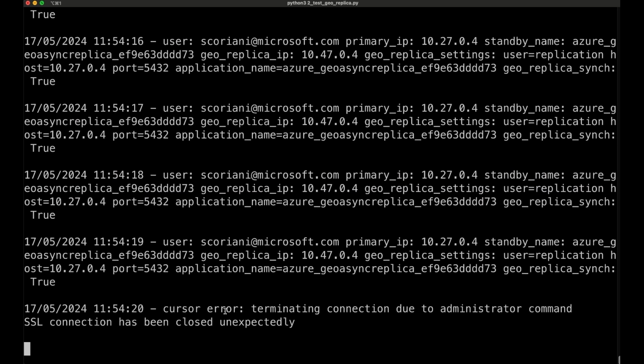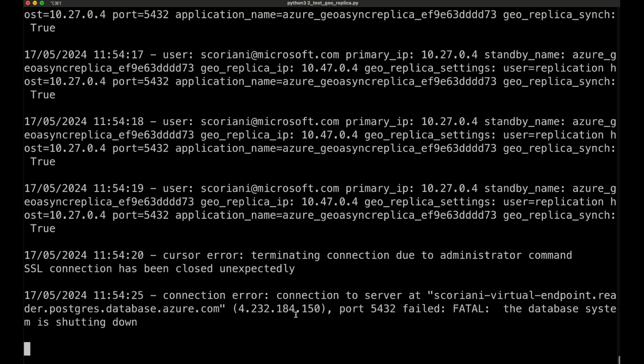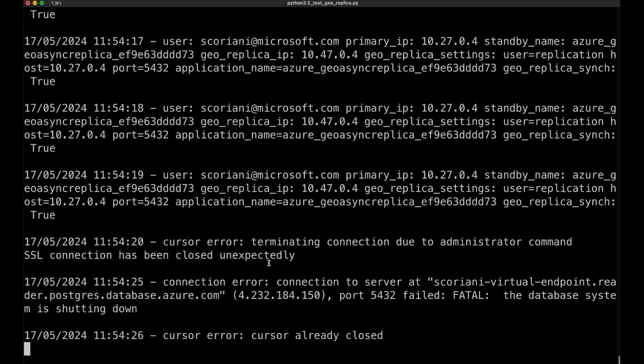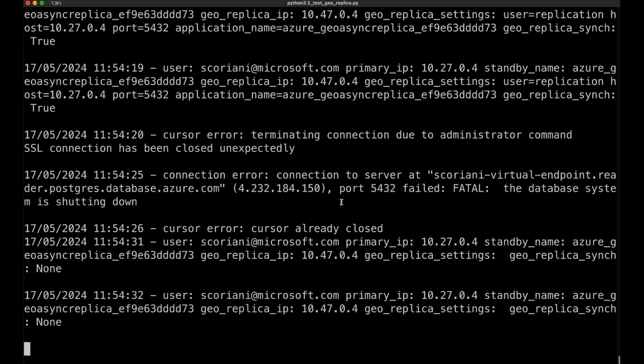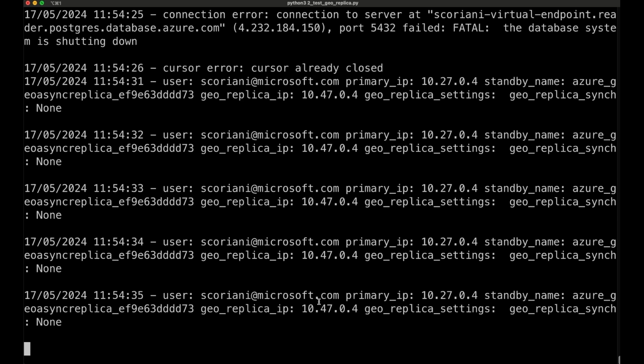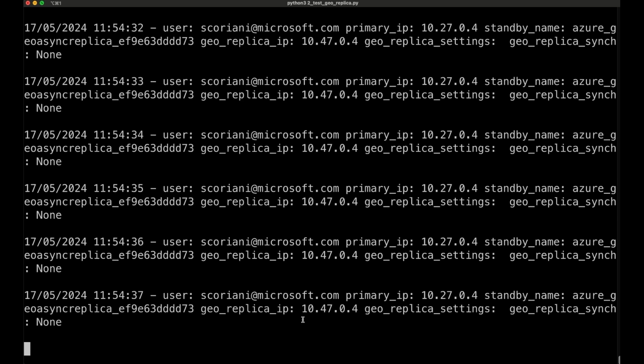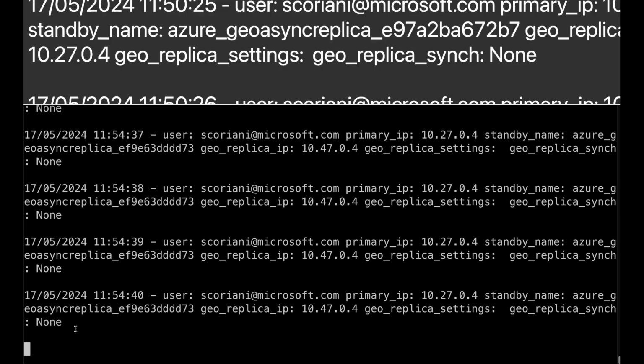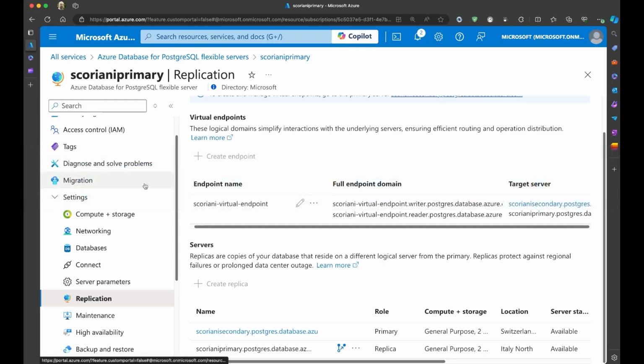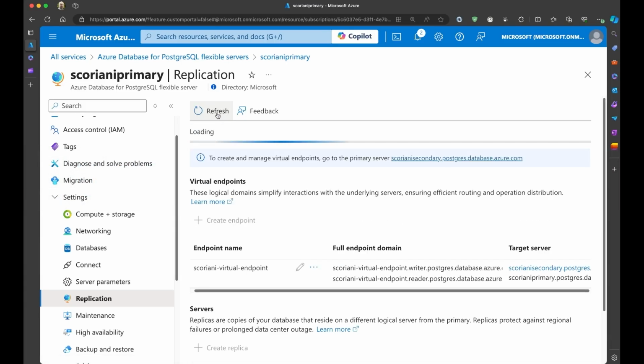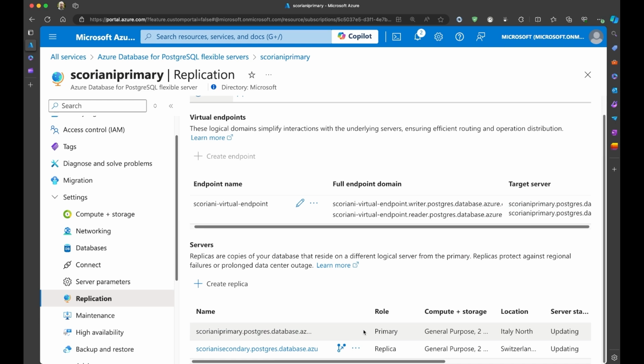Here we go. Now the application has interrupted the connection for quite some time. We can see that in just a few seconds we should be connected to the application back again, right? And if we look at our portal, we should see that the new operation is in place, right? So the primary now is effectively in the primary role here,